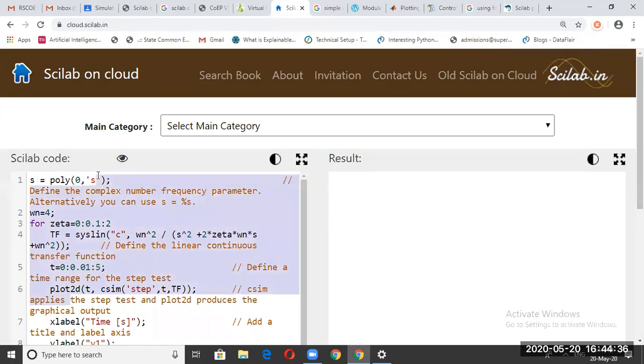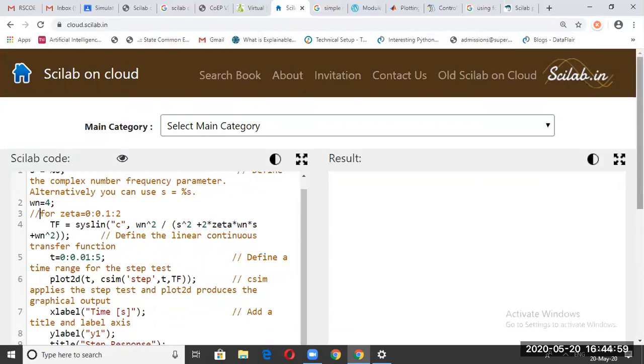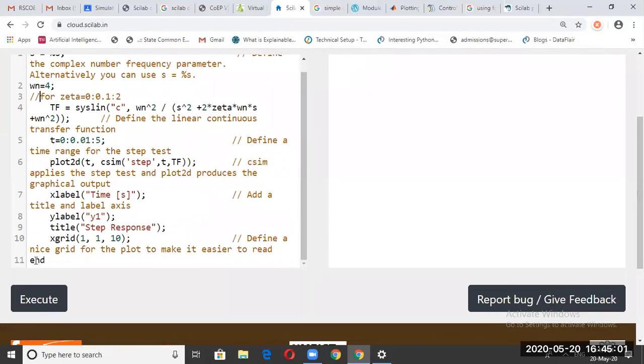You can also use s is equal to percent s for defining the transfer function in s domain. Now I will take the natural frequency omega n equal to 4. I will comment out this for loop right now, and we will understand the function of the for loop later.